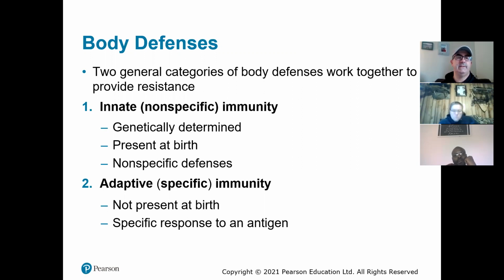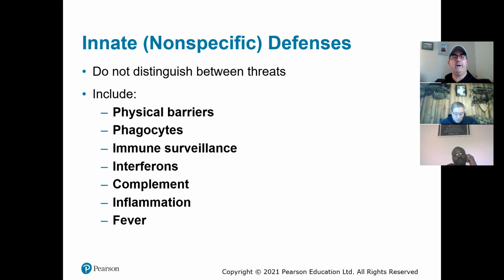And we have these innate immune defenses and these adaptive immune defenses. As I said, innate are things that you're born with. They are non-specific, right? This has to do with your genetics, a lot of times what you've inherited from your parents. The adaptive immunity is not present at birth. It's something that you develop as time goes on. Your immune system develops, and your T cells and B cells can become activated by different antigens and respond to those antigens. Right? So we'll talk about the innate defenses first, the things you're born with, things that are non-specific.